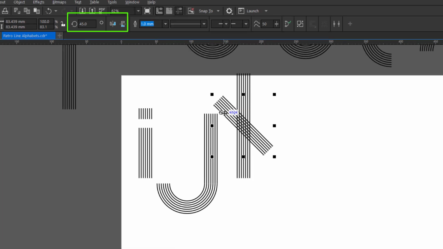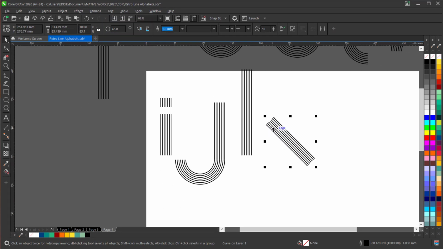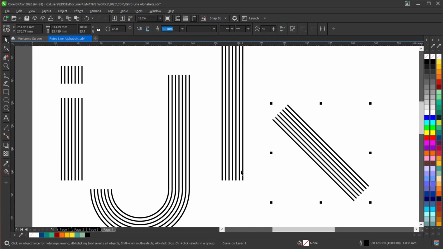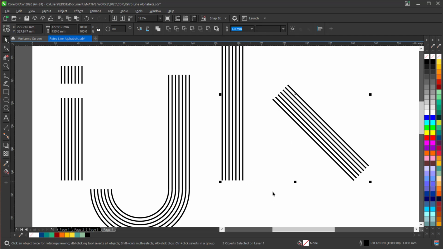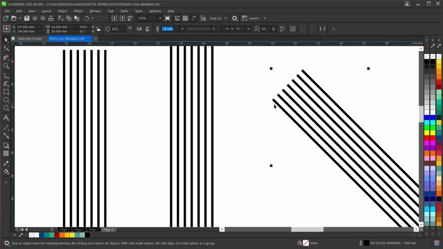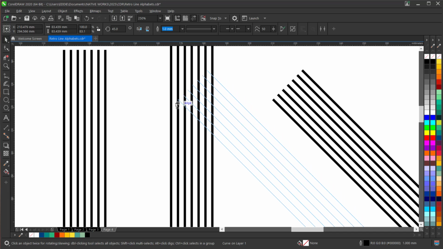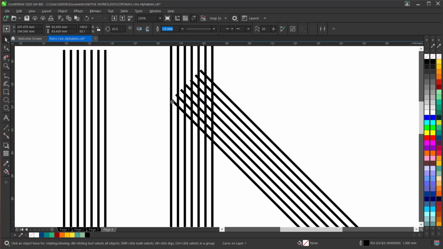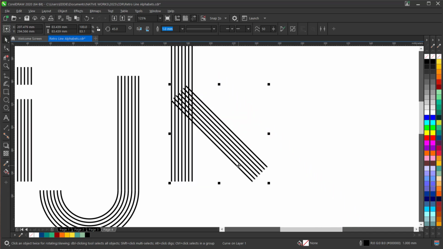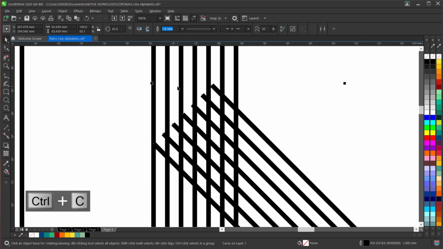Rotate it at an angle of 45 degrees and align it to the bottom of the longer vertical stroke. Note this, in order for you to align an object, select the two objects, and since you want it to be aligned to the bottom, you press B for bottom.